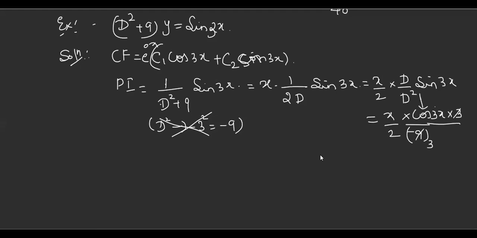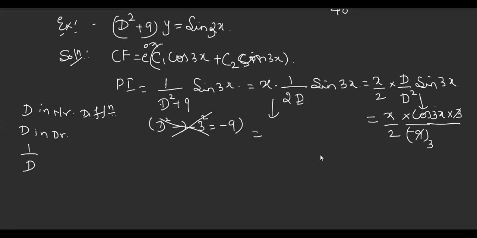There is one more way. Just see, from this part I'll explain. When you have only one D in the denominator, tell me, if you have a D in the numerator, how do we treat it? Just for example here, D operating on sin 3x, how did you treat it? Which operator? Differentiation. Differential operator. So D in numerator means differentiation. Remember. Similarly, D in the denominator, or you can say 1 by D. And that should not be D plus 1 or D plus 2. It should be only D.